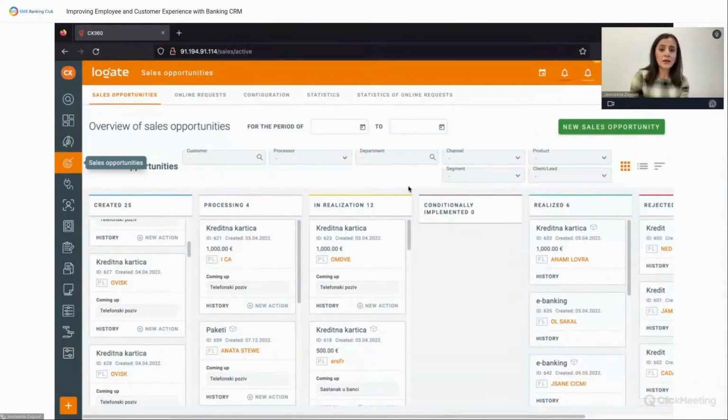I will start my demo presentation with the sales module. So here you see a dashboard for a module of managing sales. The sales module is intended to be used by the sales department, especially for SME and corporate clients. And this is a dashboard where a bank employee inserts all the sales